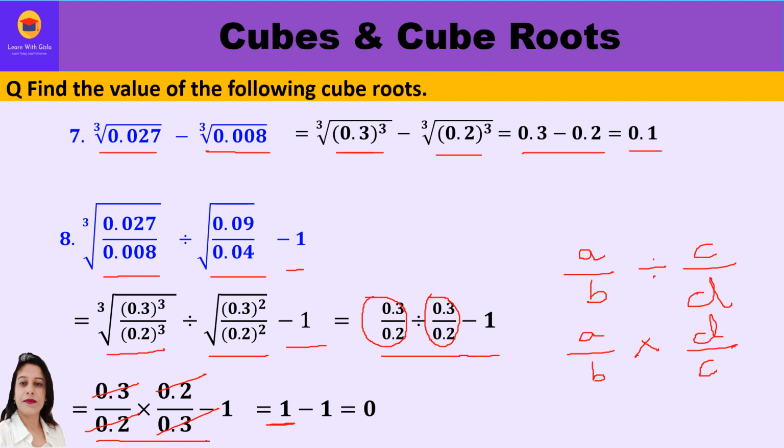Always remember, when they are cancelling out, actually we are getting 1 over here, right? So 1 into 1 is 1 and minus 1 is already there. So 1 minus 1 is 0, right? So a very important point to note: whenever you are cancelling out, there is 1 left, because 1 into 1 is the common factor. 1 into 1 is 1 and minus 1 is already there in the question from the beginning. So 1 minus 1 is equal to 0. 0 is the answer, right?